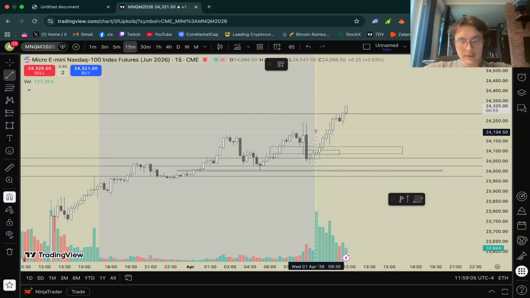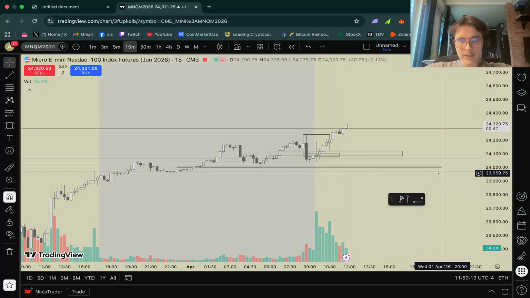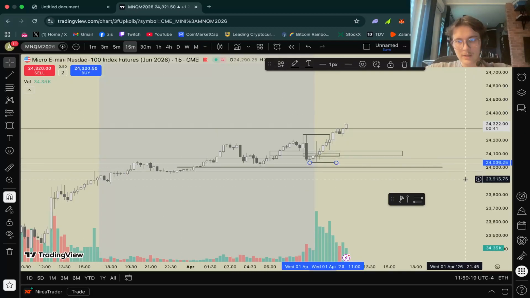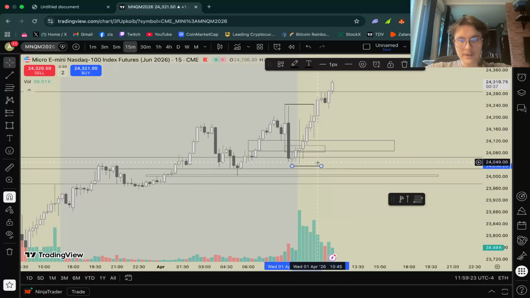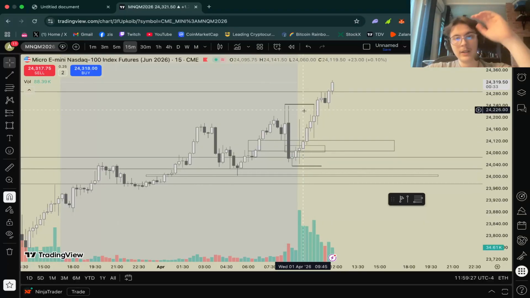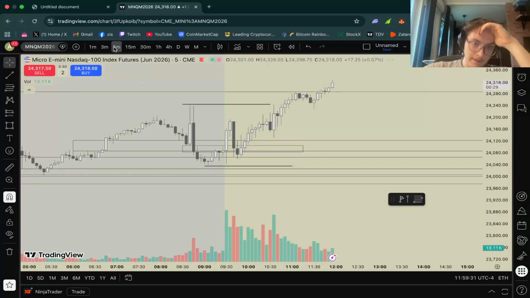My thing was this: I think this was a Trump tweet or something, whatever it was. It's still a high, right? We have to take it into consideration. And then this was the highest low from before market open, right? So what I wanted to see is either a sweep here and here and then play whatever way I wanted to, but we didn't get a sweep of that.